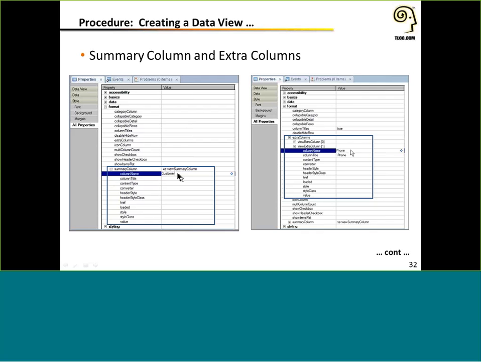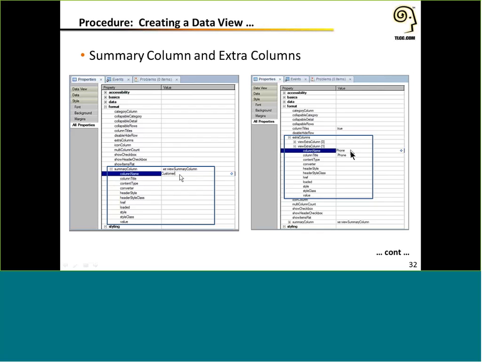Now, if you're having a problem figuring out what that is, what you need to do is look at the design of the notes view that you've set as the data source and look at the programmatic name of the column that you're looking for here. All of these names will match the programmatic column name. So if your column in the notes view is showing a single field, the column name is most likely the same name as that field. But if your underlying column is computed, then your column name is likely to be $ and some number. So it's important to understand where that name comes from and what it has to match. So you need to know the programmatic name of the underlying view column.